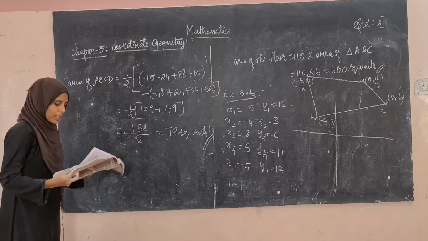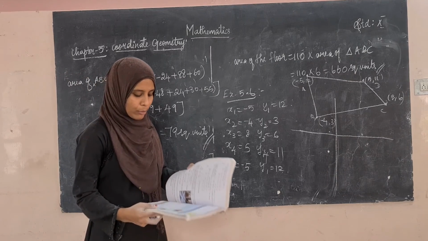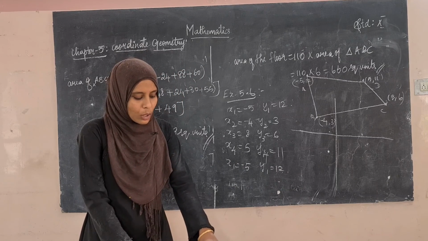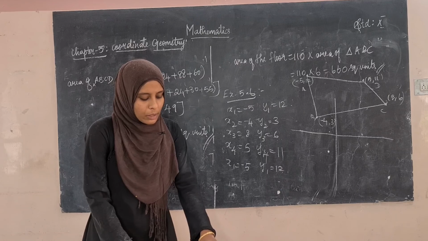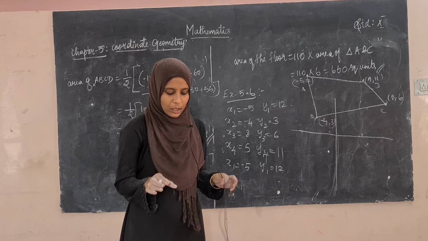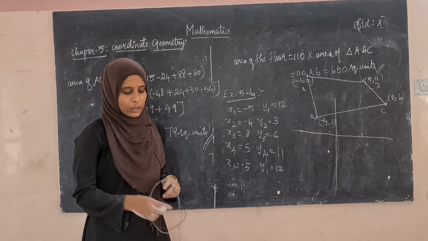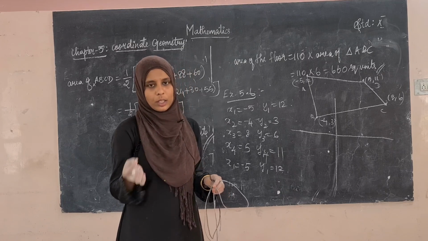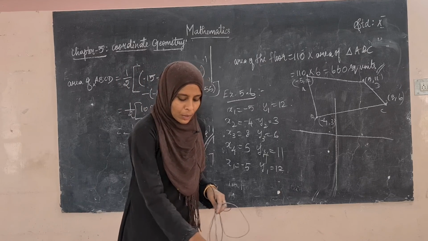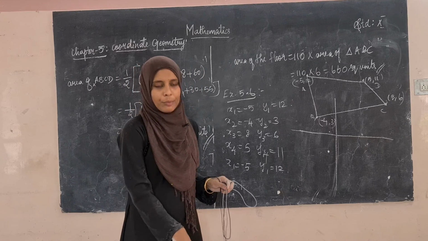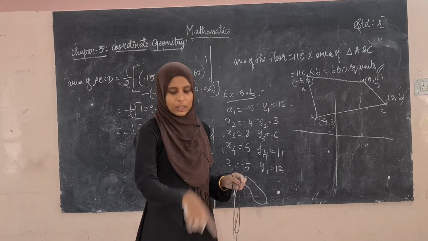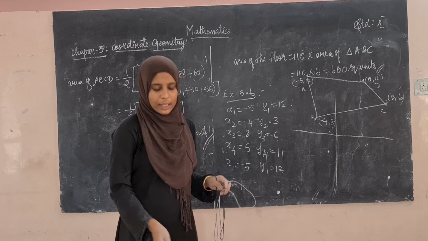Okay, see the 5.7 example. The given diagram shows a plan for constructing a new parking lot at a campus. It is estimated that such constructions would cost 1300 per square feet. What will be the total cost of the parking lot? So, first you have to find the area of the parking lot, and then only you can find the cost. For 1 square feet it is 1300. So, you have to check how many square feet are there. For that you have to find the area of the quadrilateral using the points given in the diagram. After finding the area of this quadrilateral, that is the area of the parking lot. So, if the answer is coming as 16, then 16 into 1300 you will get the answer.